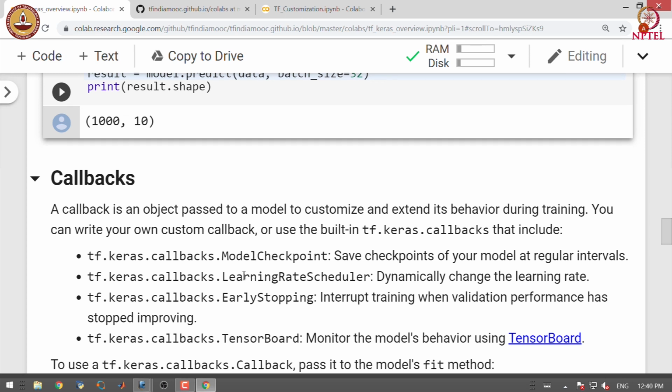You can also use LearningRateScheduler for dynamically changing the learning rate. EarlyStopping can be used for stopping the training when validation performance has stopped improving, and we can use the TensorBoard callback for monitoring the behavior of the model during the training process.